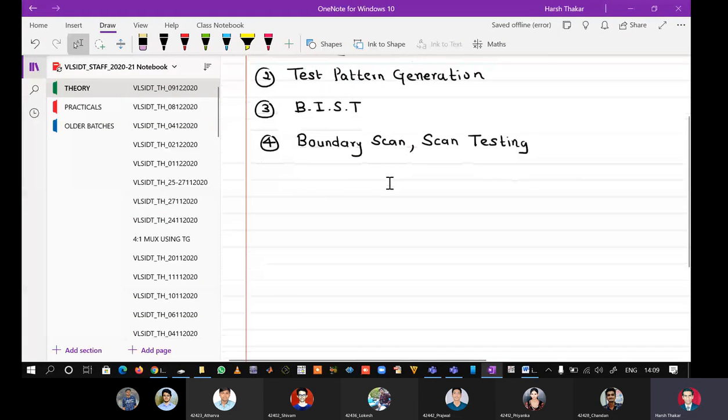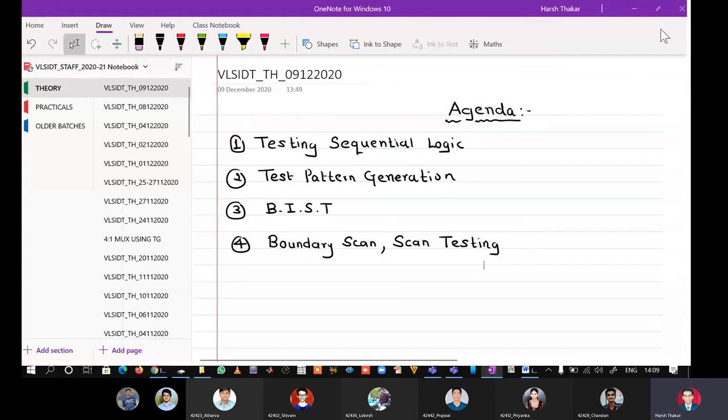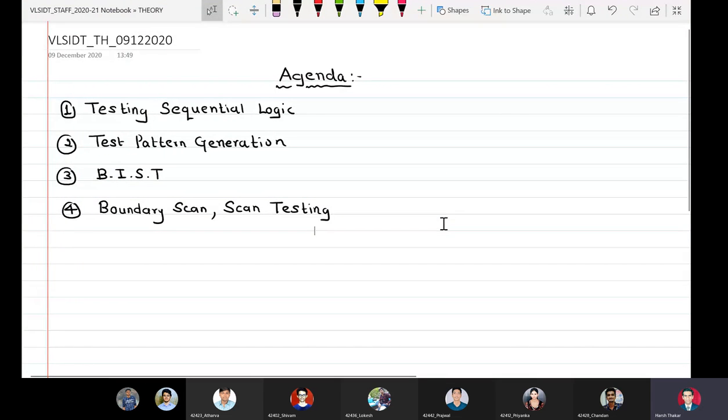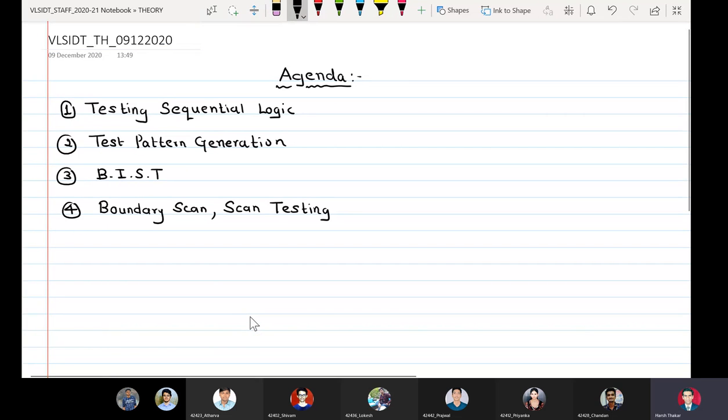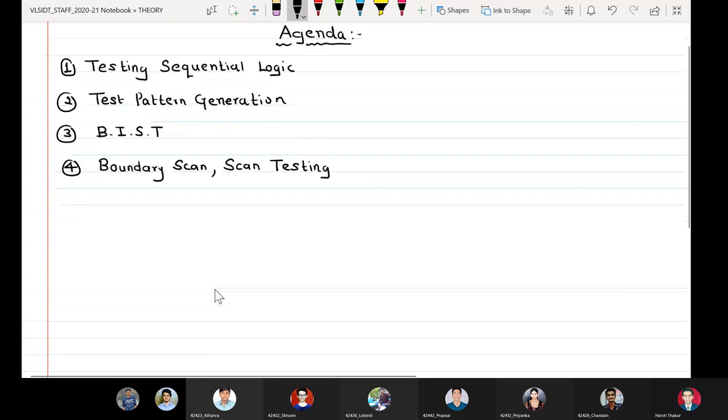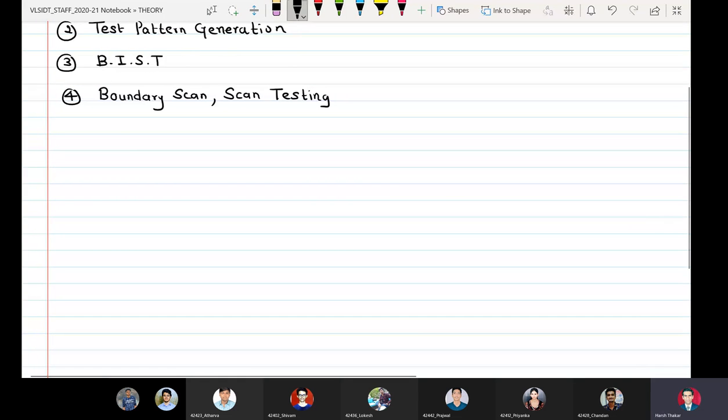Now, testing sequential logic and test pattern generation. These two are actually connected to each other. So we'll try to understand why we need what are called test patterns or test vectors. Yesterday we took the example of a single gate, a 3 input AND gate and a 3 input OR gate. On the other hand, if we have an AND OR logic as below,